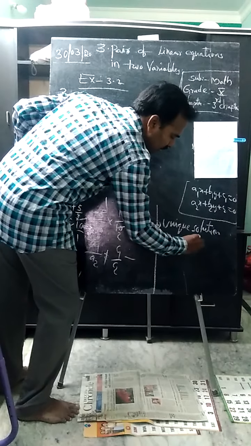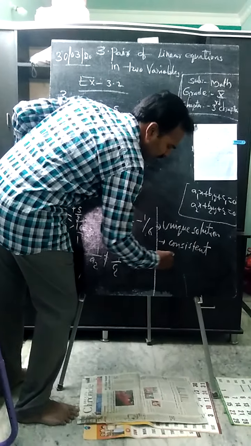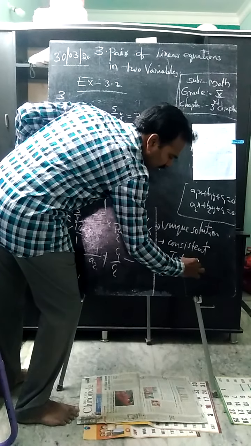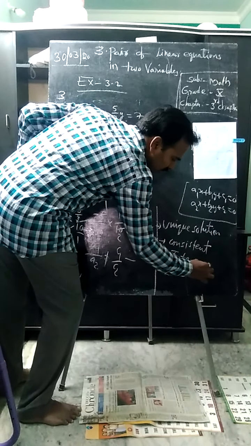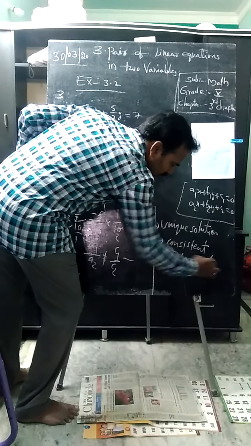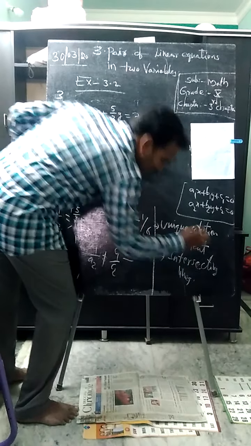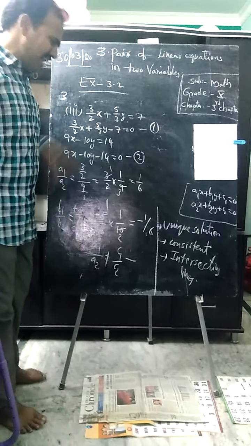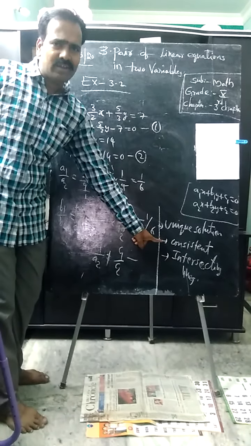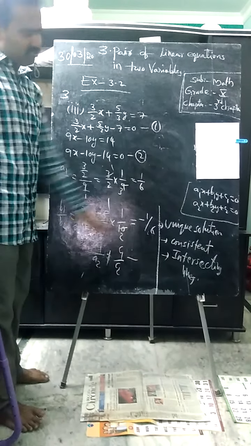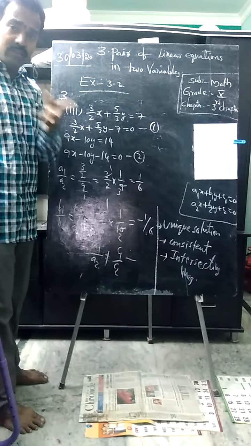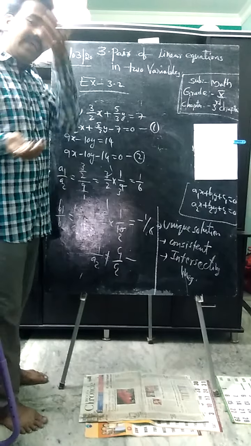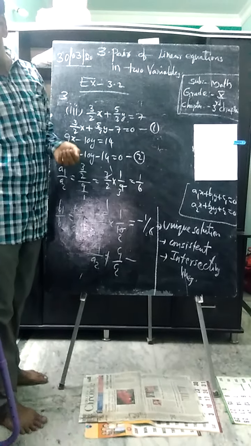This is enough actually. But for our convenience, for learning more, I am writing even the third condition: intersecting lines. Yes, students, this is the way to solve the problems in third bit. Actually, only consistent or inconsistent is enough. As they have a unique solution, they are consistent. Even infinitely many is also consistent. But when they have no solution, parallel lines graphically, inconsistent. These you have to check in third bit.